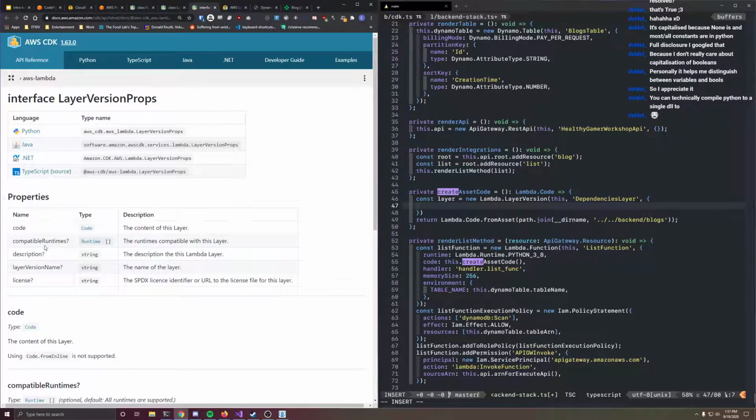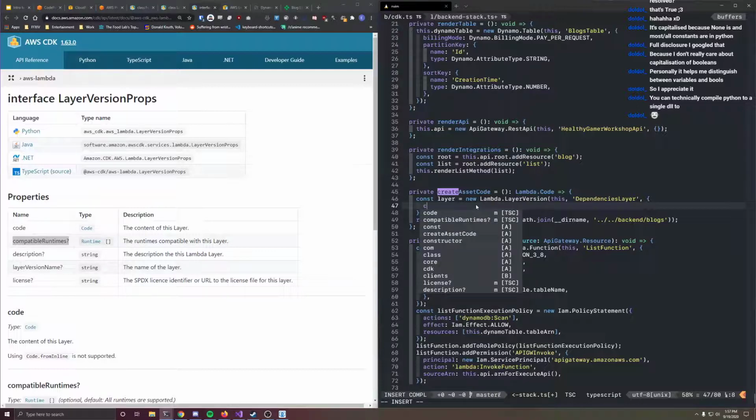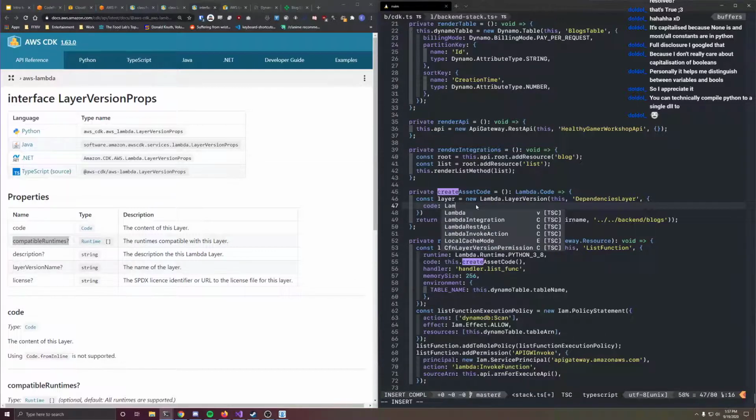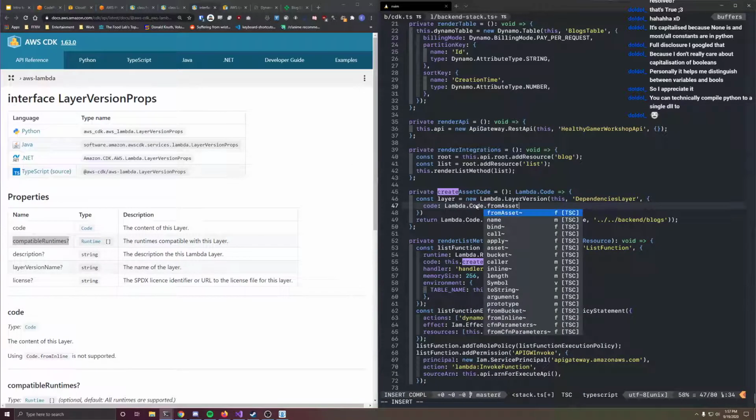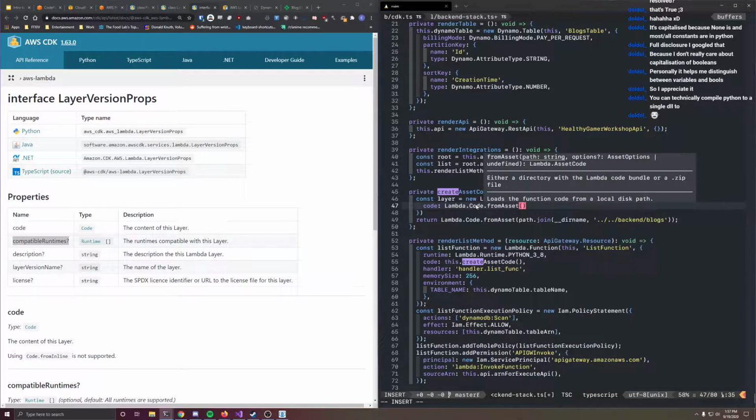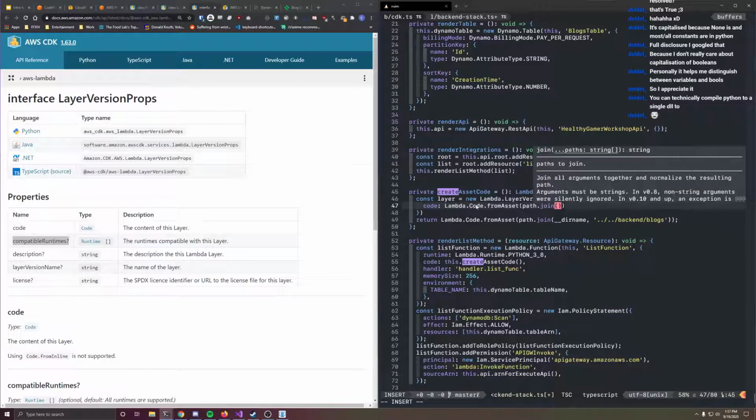I need to give it code and compatible runtimes. It doesn't matter. I guess I could add it, but it doesn't really matter. Code: lambda.Code, again, from asset, like I did before. Path.join, directory name, and again we're going to go into the